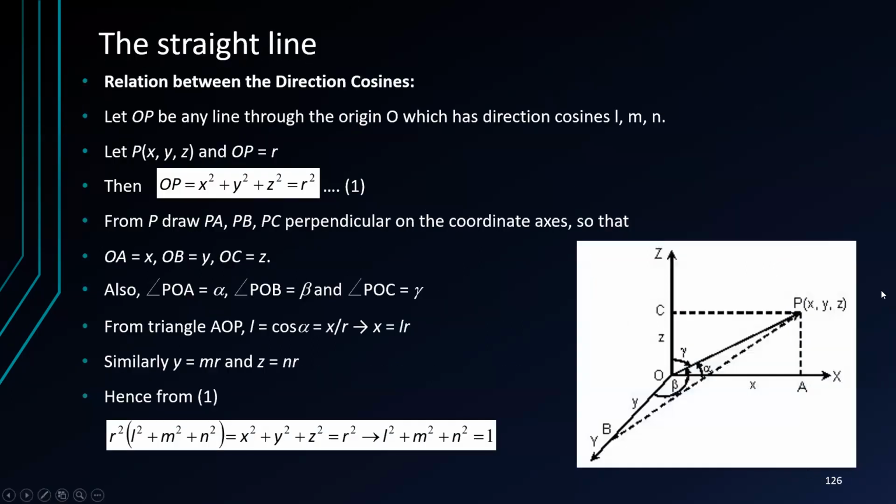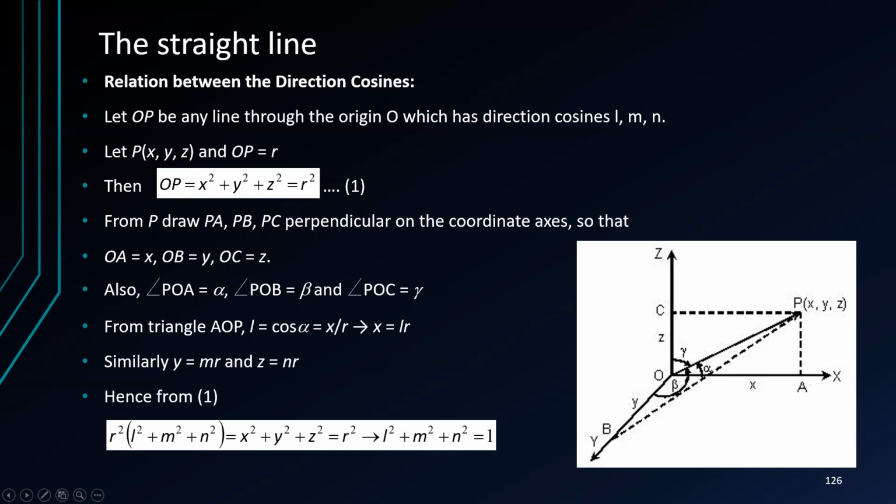Then the straight line. So relation between direction cosine. Let OP be any line through the origin O which has direction cosine L, M, N. Let P be x, y, z and OP as R. Then OP is equal to the square root of x squared plus y squared plus z squared is equal to R. From P, draw PA, PB, and PC perpendicular on the coordinate axis so that OA is x, OB is y, and OC is z. So also the angle of POA is equal to alpha, angle of POB is beta, and angle of POC is gamma. From the triangle AOP,